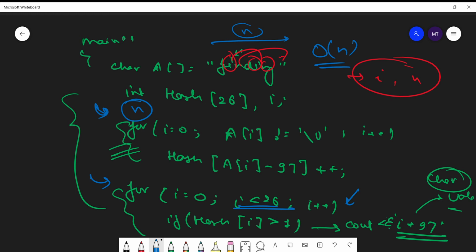The time complexity will be the number of characters in that string, order of n. So it is way better than the previous approach, which compared each character with another character and took order of n square.